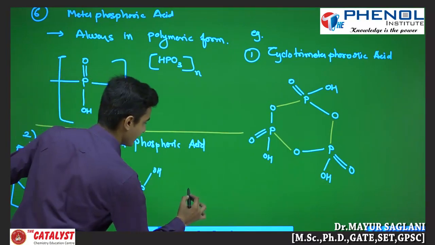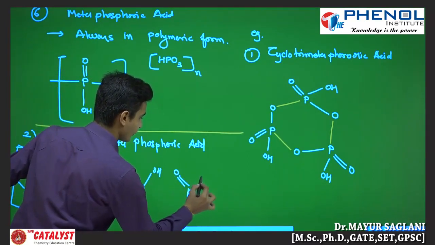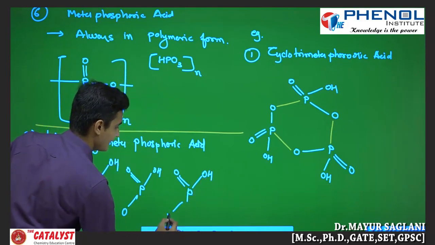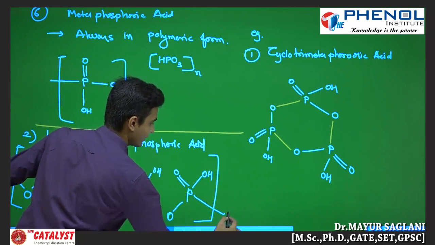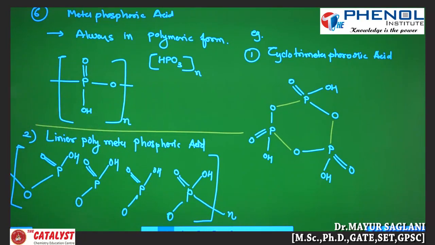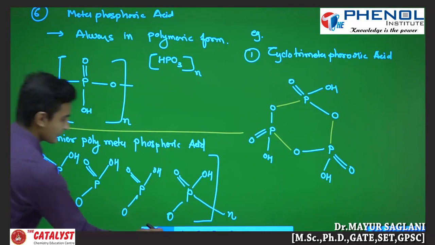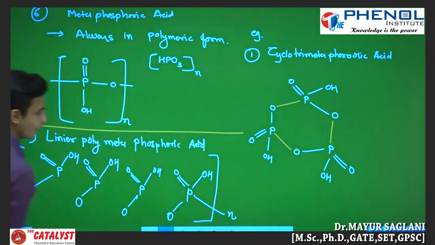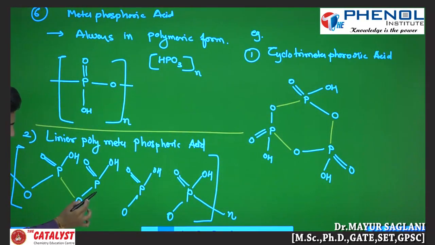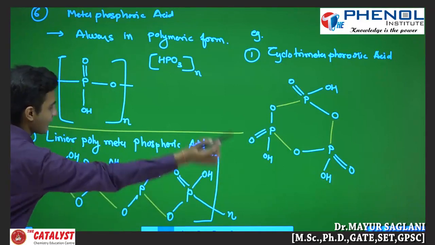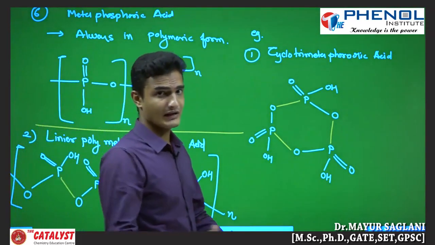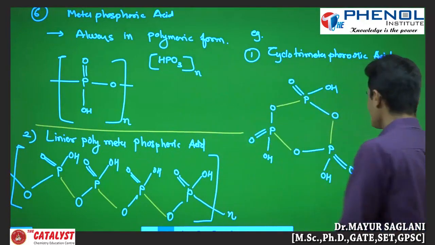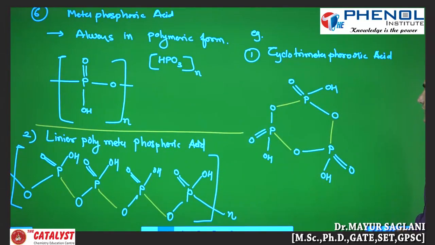This one is the third unit, and last I am writing the fourth unit, and this could be n times. Here it attaches with another unit, so this one is n times. I have written 4 units, and I just join them by the oxygen phosphorus linkage: first unit, second unit, third unit, likewise. So this one is the linear polymetaphosphoric acid. Are you clear about metaphosphoric acid? Okay, fine. So next we will see